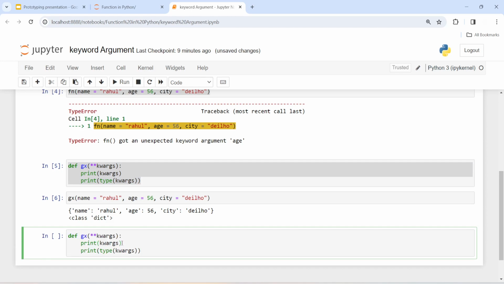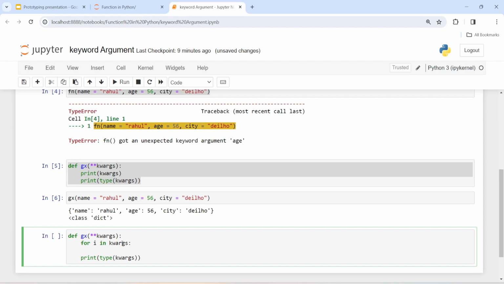I don't want to print this. What I will do is iterate through this dictionary: for i in kwargs, then I will print an f-string: your